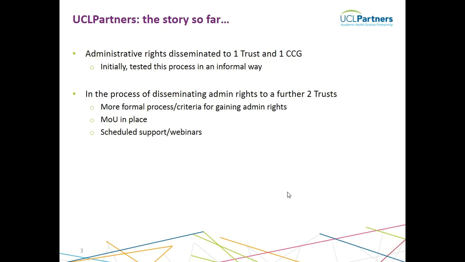They wanted admin rights, in our eyes, for the right reasons, and I'll talk a little bit more about that in a bit. In terms of location-wise, it was quite easy for us to develop a relationship with them and to keep engagement levels up quite high because they were just right around the corner from us. So we tested this out in an informal way, and by informal I mean we didn't have an MOU at that stage, we didn't have a defined process that we followed. So we had those initial discussions about why they wanted admin rights, about what that meant for their organization, what the roles and responsibilities around that were. And then we just went from there.